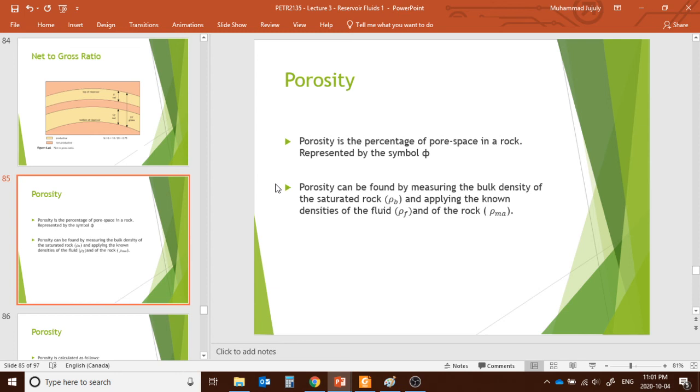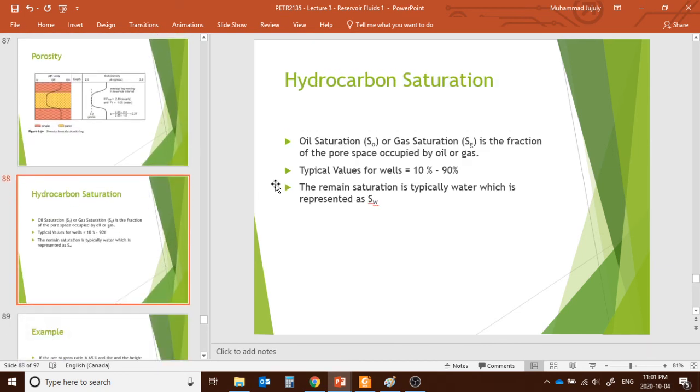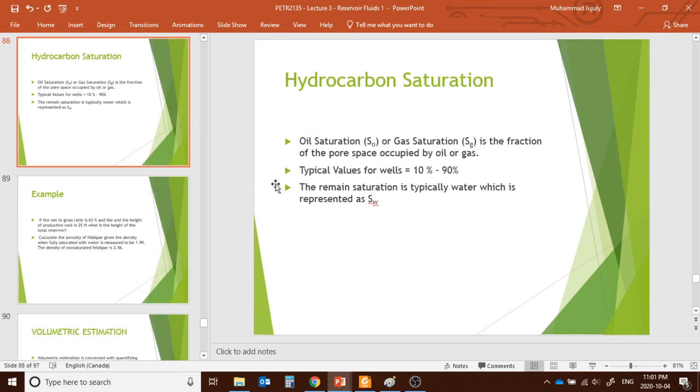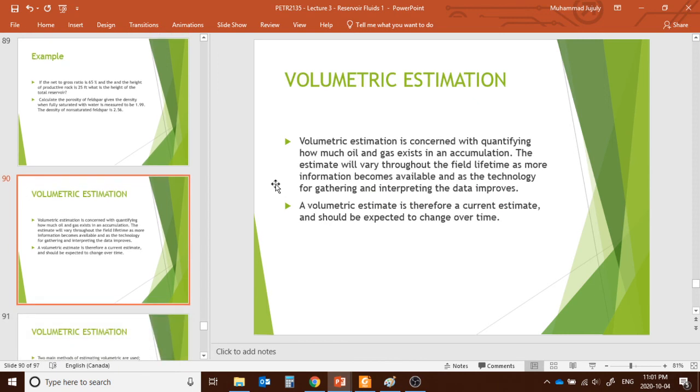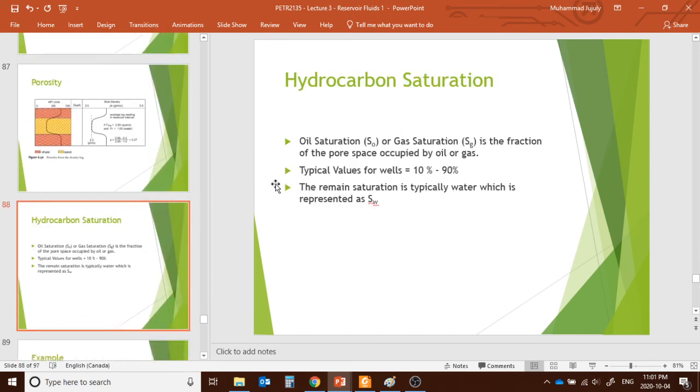And probably we have explained porosity and permeability already, and how we calculate the porosity and permeability, and this is the hydrocarbon saturation. So volumetric estimation. Volumetric estimation is concerned with quantifying how much oil and gas exist in an accumulation. Okay, this is very important, since we can estimate it from this net gross ratio too. Okay,